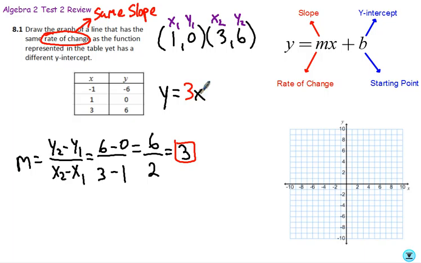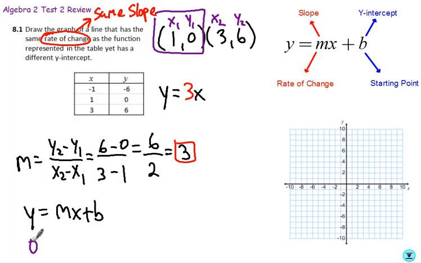plus, or maybe not plus, maybe minus. What's the y-intercept? I don't know. Well, what we've got to do is plug in to find the y-intercept. And again, you can use any point you want. Let's pick the first one that's got a 0 in it. That'll make it easier. So let's say 0 equals the slope, which is 3, times x, which in that pair